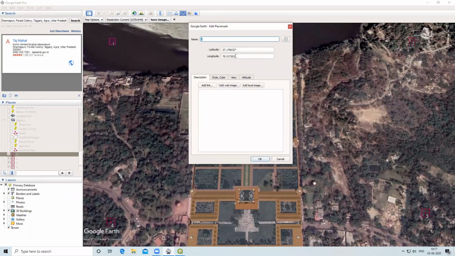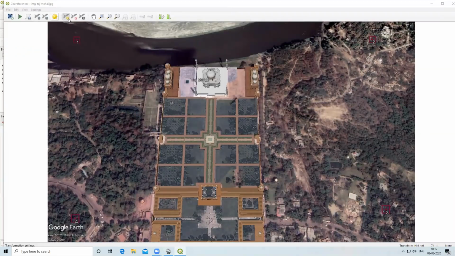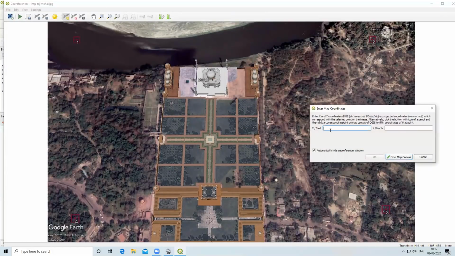So this coordinate we have to add in QGIS. It's not possible to copy and paste here, so we have to type it.